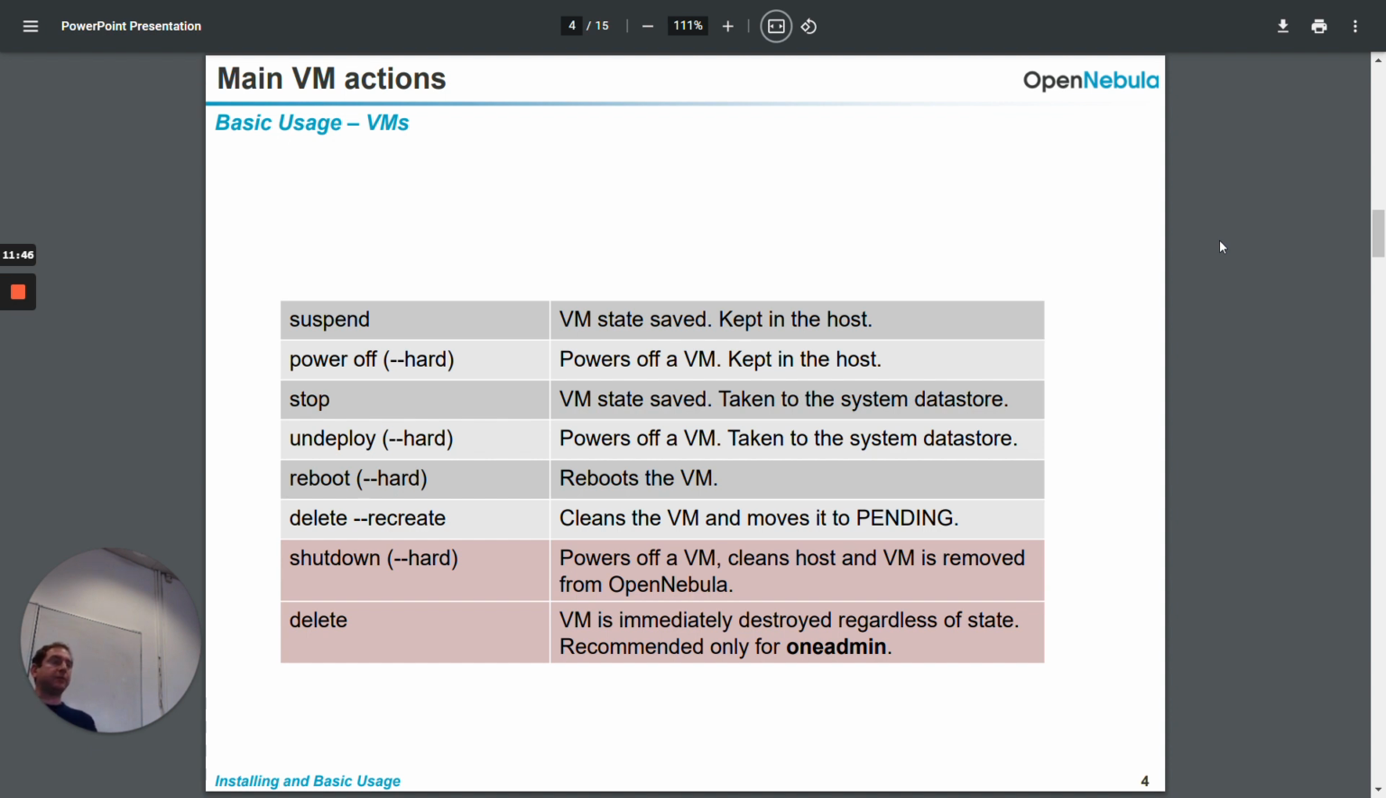So that means that, for example, if you're installing some software and it crashes your virtual machine, then if you do this, it will read the initial image back from the data store and create the virtual machine again as it was, in a sort of restored state. You can shut down, which powers off the VM, cleans the host, and the VM is removed from OpenNebula. So this is essentially the red button at the very end, the one you will use most while you're playing around with it. And you can delete, which is the VM is immediately destroyed regardless of state, and it's not recommended